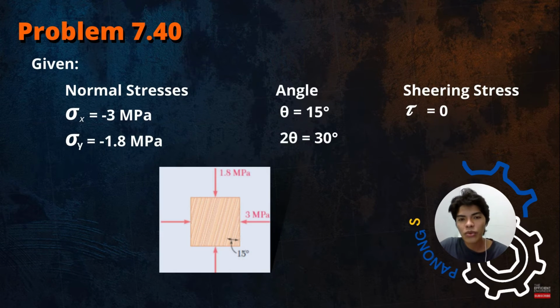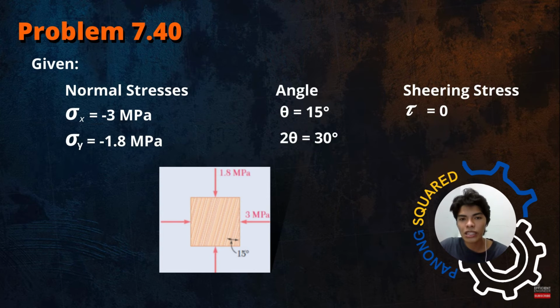For our given, we have our normal stress in x, which is equal to negative 3 MPa since the direction is going inward, or to the left of our horizontal axis. Next, we have our normal stress in y, which is equal to negative 1.8 MPa since the direction is going downward. Our angle is equal to 15 degrees. Note that in using Mohr's circle, the angle is doubled, so the angle becomes 30 degrees,